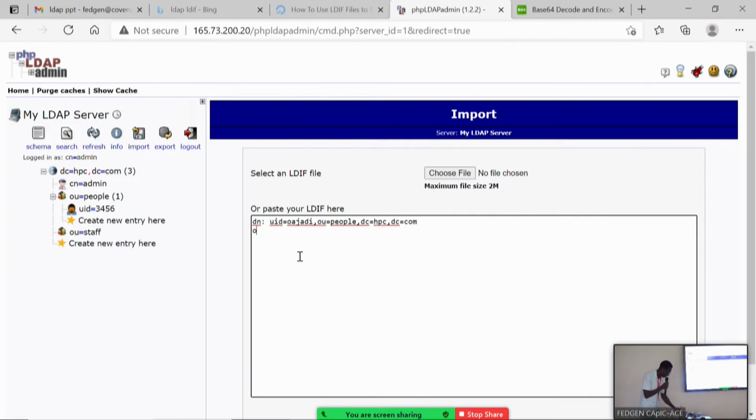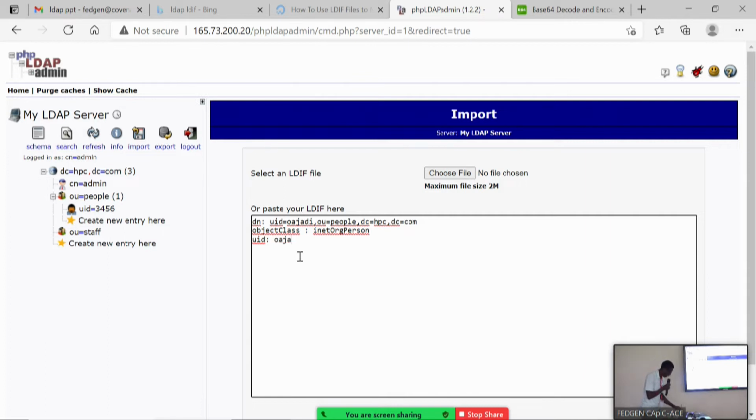So the object class: inetOrgPerson, then UID,